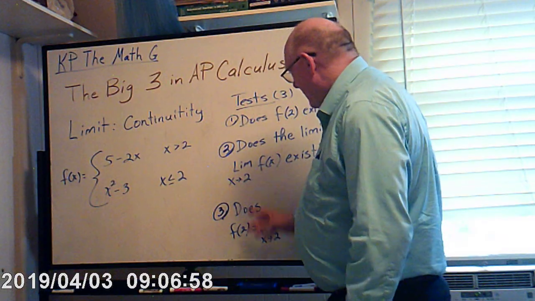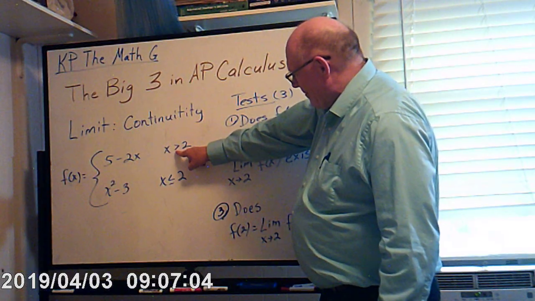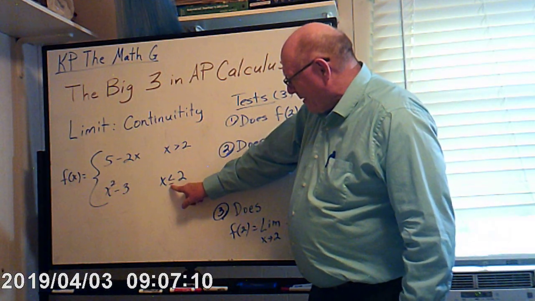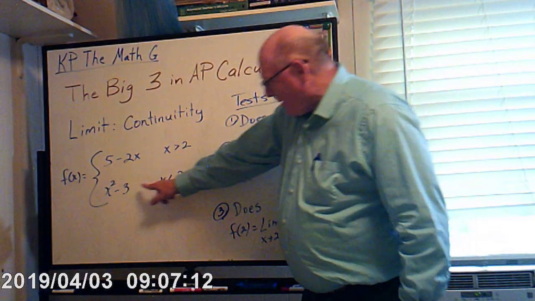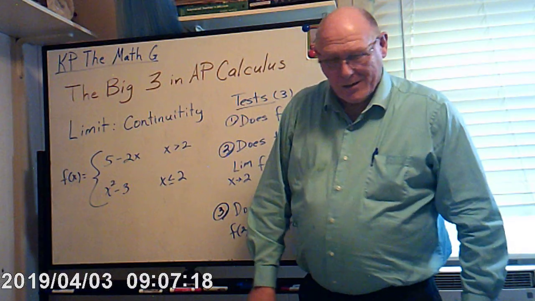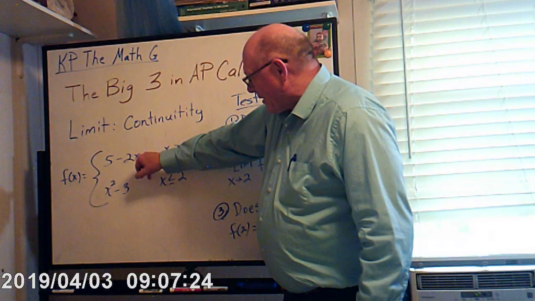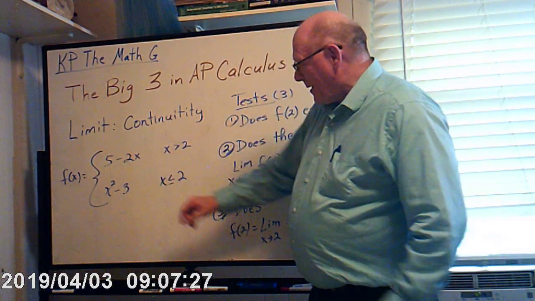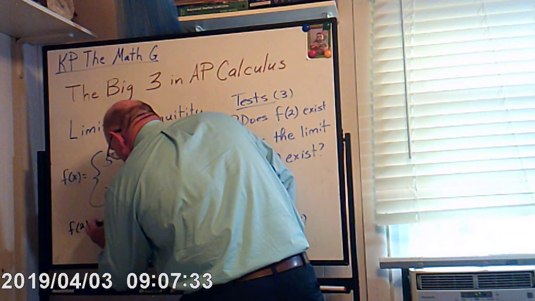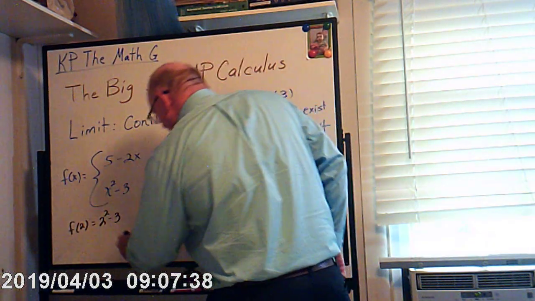Let's find out. So f at 2. How did I find f at 2? Look over here. This one has no equal to sign. It's greater than 2. We don't want that one. We want the one that says less than, but also equal to. This is the function we're going to use when we see an equal to. They can't both be equal to. One of them's going to be equal to, so you use this one. We cannot use this one because there's no equal to sign here. Let's use this. f at 2 then equals 2 squared minus 3, which is 4 minus 3,